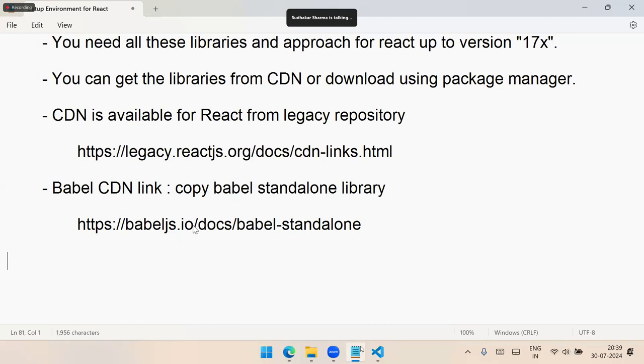One is React, another React DOM, another one is Babel. Babel is what? Compiler. That is the compiler. Now comes a very important point. Here, what is the key concept is,